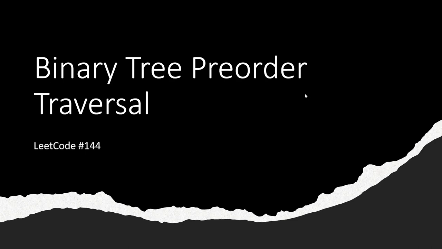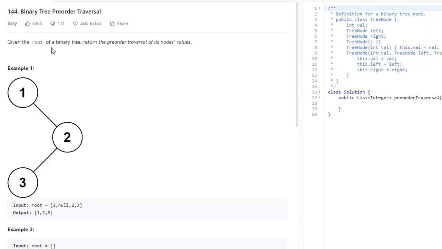Hello everyone. In this video we're going to be going through LeetCode problem 144, which is binary tree preorder traversal. So given the root of a binary tree, return the preorder traversal of its nodes' values. So a preorder traversal, if you remember, starts at the root and then works its way down the tree left